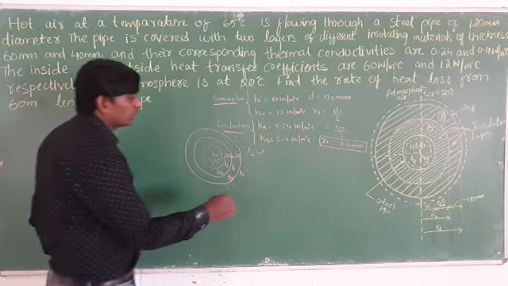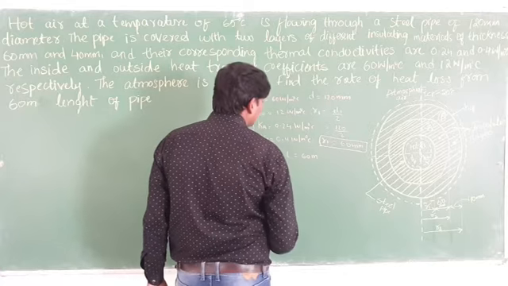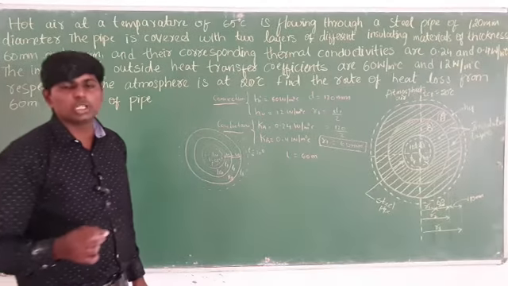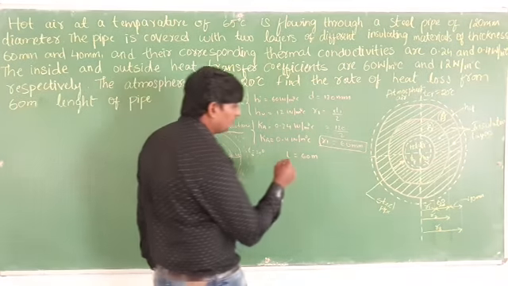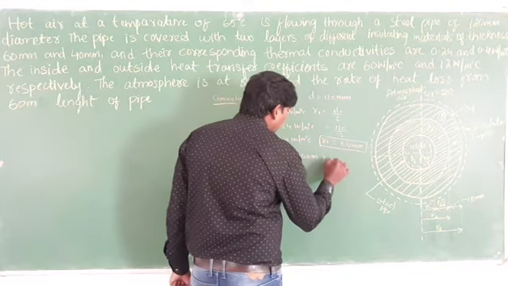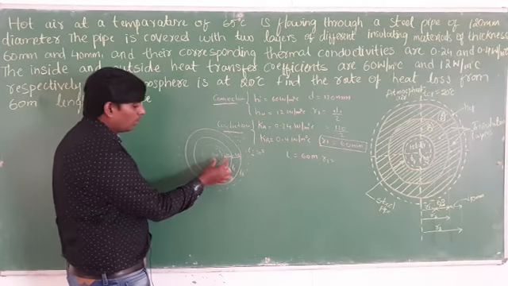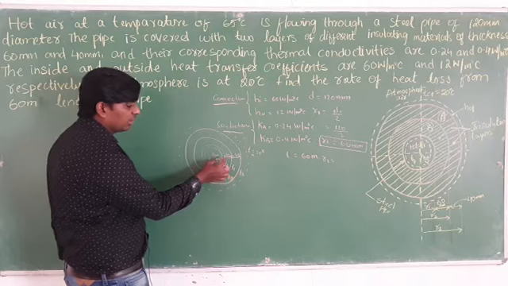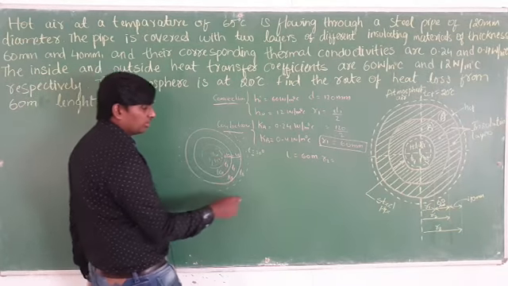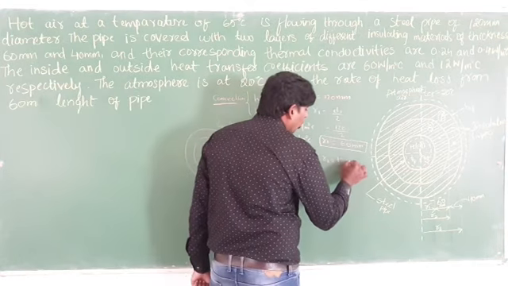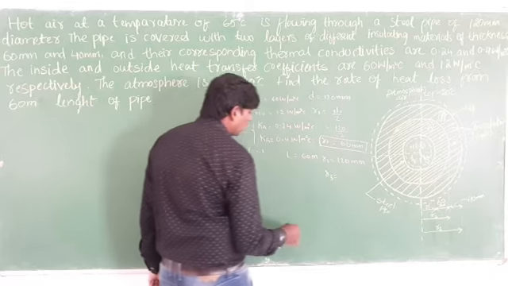In this question, length is also given. Length is equal to 60 meter. First try to find out the value of R1, R2, R3. R1 is already with you. How to find out the value of R2? R2 means from diameter. How much diameter is given? 120. 120 half is 60. 60 plus 60 will be 120. So R2 is 120.